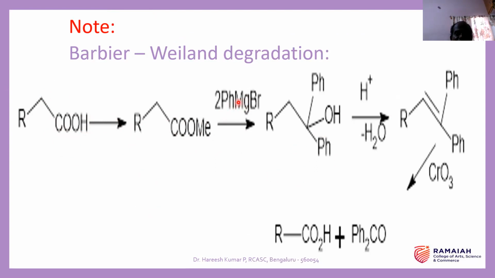You know that phenyl magnesium bromide means phenyl will be available as an anion. So that will attack here, forming a ketone initially. If one more molecule, two molecules of phenyl magnesium bromide are used, then the alcohol is obtained like this. So this alcohol I'm treating with H plus, that means just by heating.